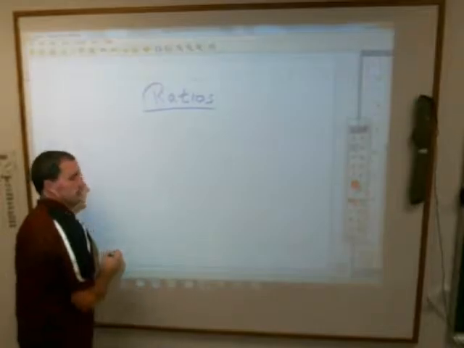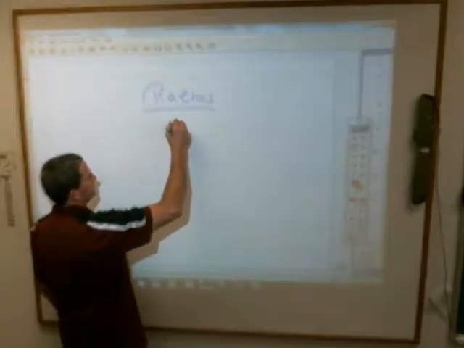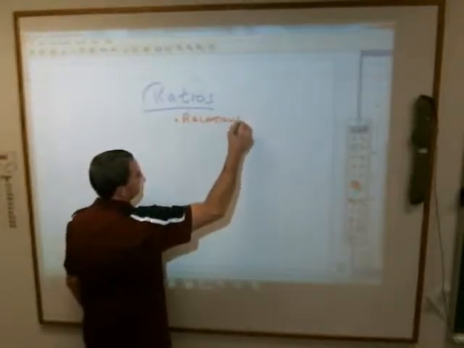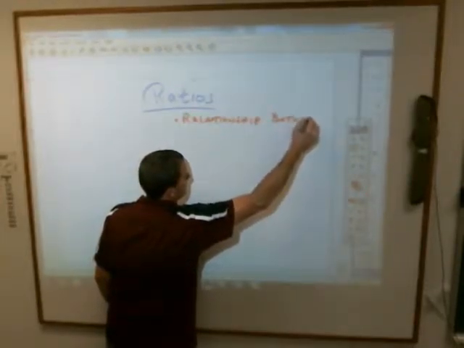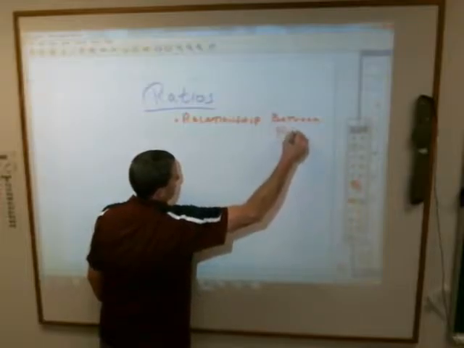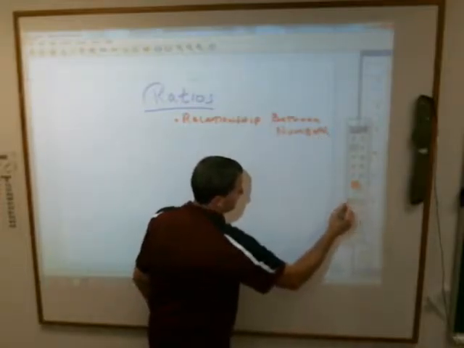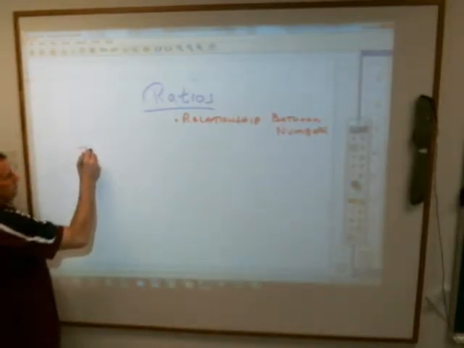Ratio is really just comparing, or a relationship between numbers. And I suppose the easiest thing to do would be to do an example and then talk about it. For example, here, the ratio